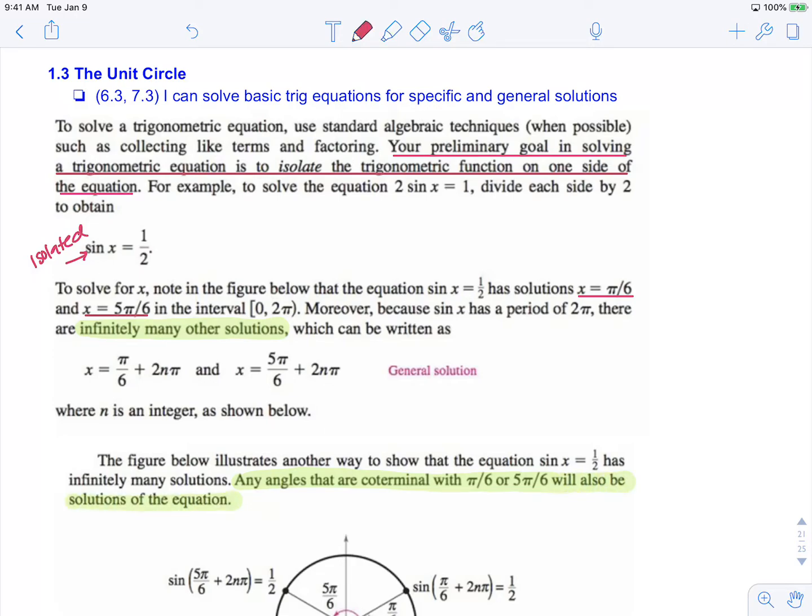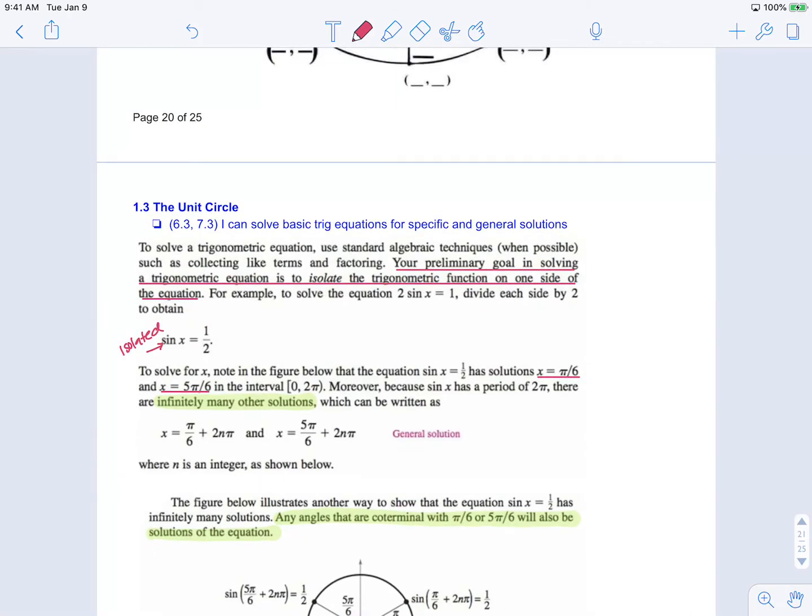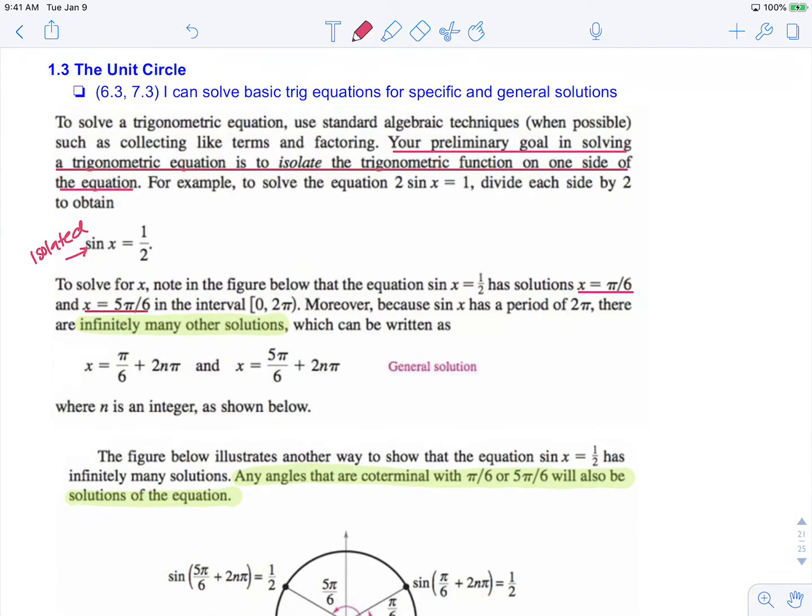So the way that we note that is by saying we will take that angle and add 2 pi into it, as well as the other angle, and add 2 pi in. N is an integer, so that means it can be infinitely amount of numbers, and this is called the general